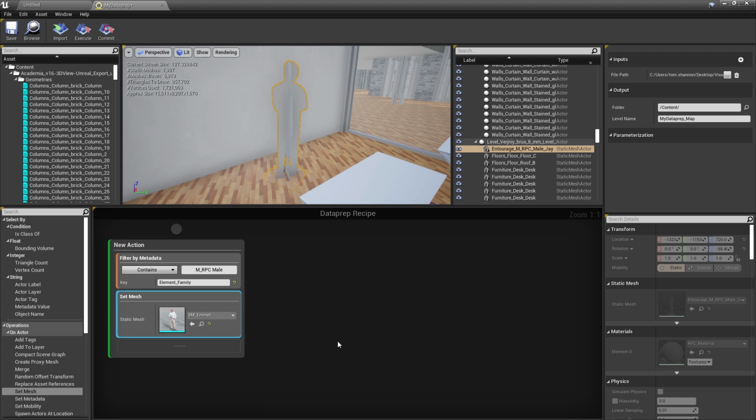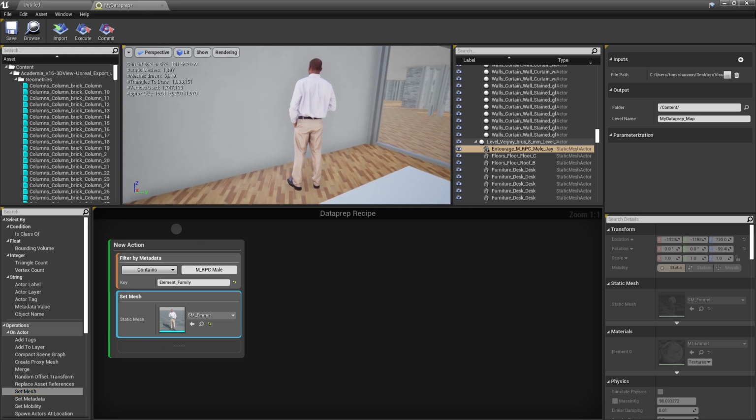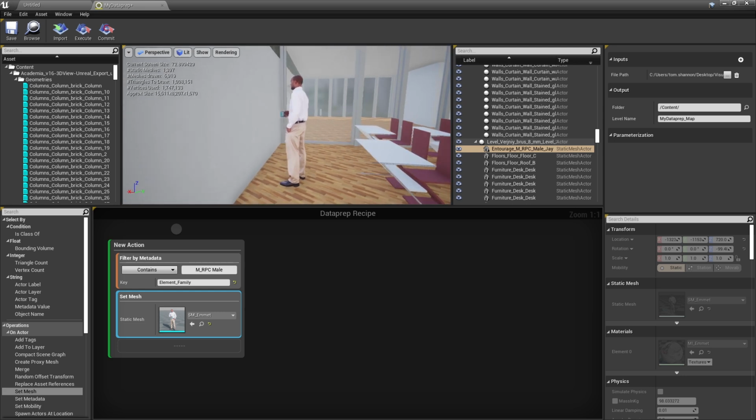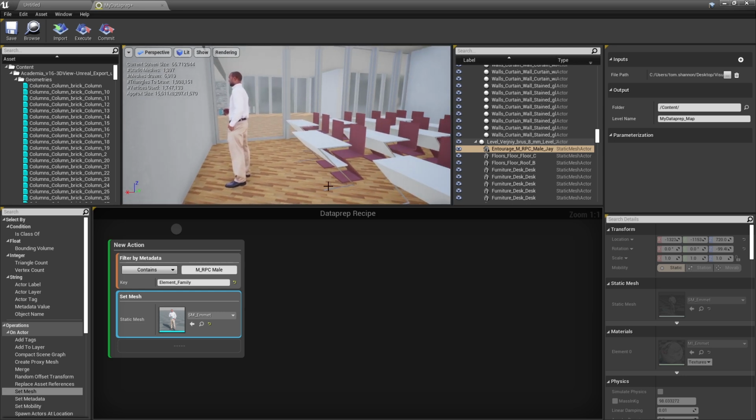Now to actually run this, we click execute. Execute actually processes this recipe here. So you can see execute completed, and it's almost exactly what we want, but Emmet is facing maybe the wrong way. So let's go ahead and add another step so we can turn Emmet around.